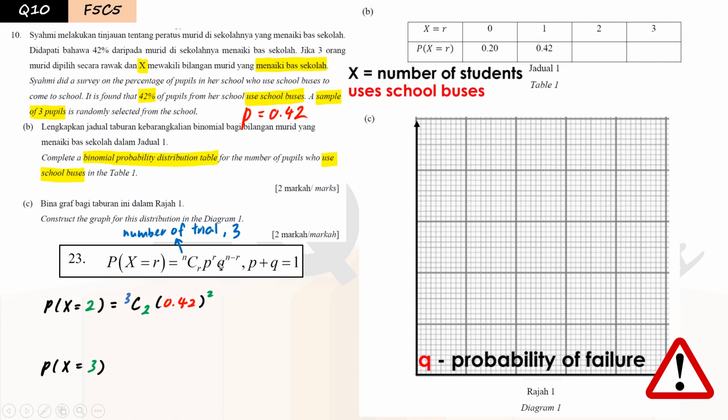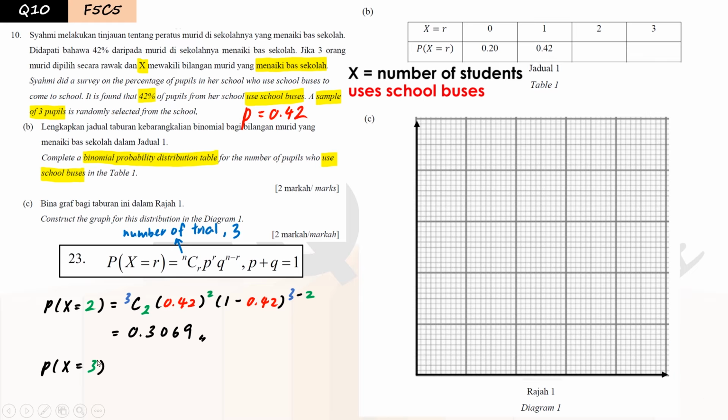And if you want to find the probability of failure, very simple, it's just 1 minus the probability of success. So 1 minus 0.42 would be the probability of failure. And at the power part, it will be 3 minus r, which is 2. And then we can find out the probability. Same goes for probability when x equals 3. So for the green numbers here, we just change it to 3. Everything else remains the same, and we can find out the probability, which is